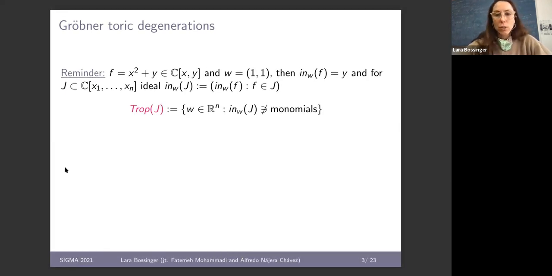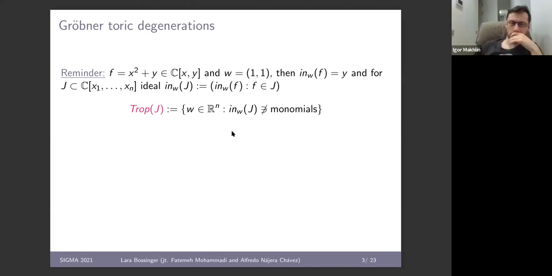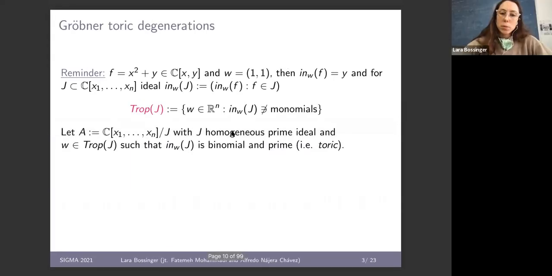Now, of all these weights in R^n that we can choose, we have a particular preference for those weight vectors that give us initial ideals that don't contain monomials, if we're looking for toric degenerations. This part of R^n is called the tropicalization, and it's indeed a fan. So if we find a weight vector inside the tropicalization